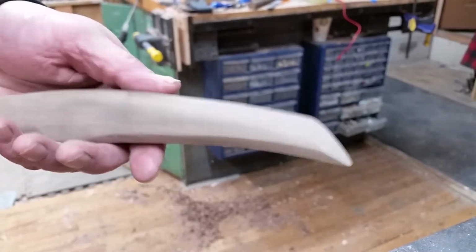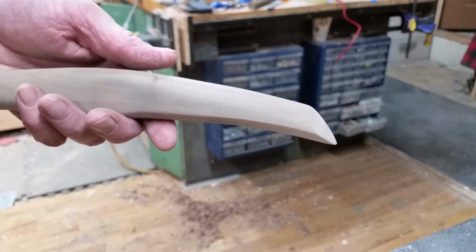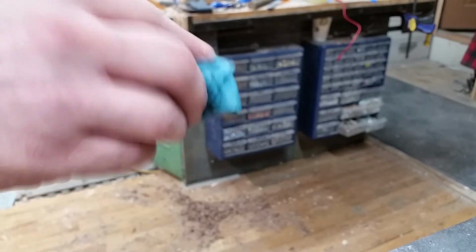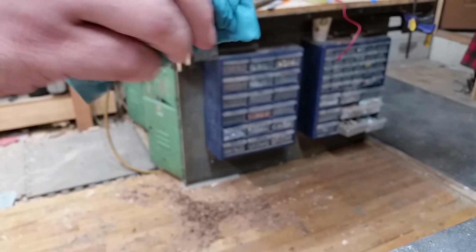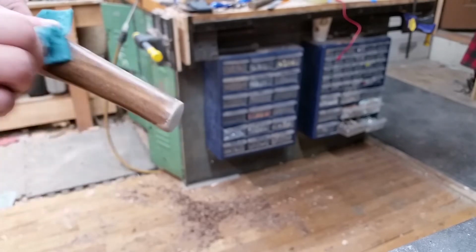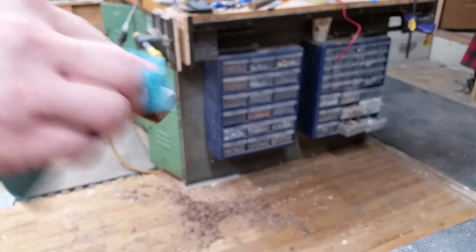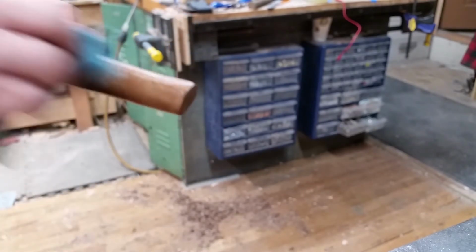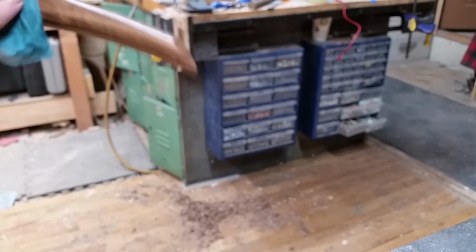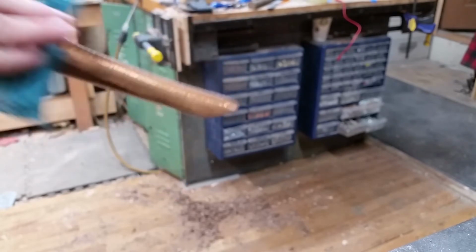Alright, so this is after 220. I have a shop towel here. These are just those blue shop rags, which hold up pretty well, but paper towel will work. Paper towel does leave a lot more fuzz on it though. But you can see how that grain's popping up. I think this is actually walnut. Doesn't have quite the weight to it that the rosewood has. Problem is when you have tons and tons of small pieces of wood around for these projects, it gets mixed together. So anyway,